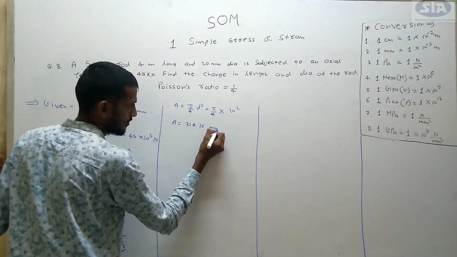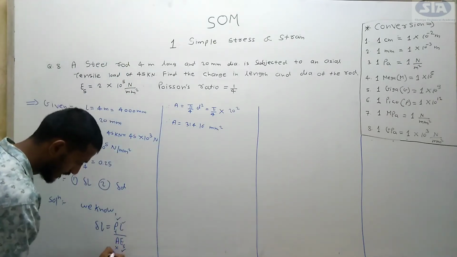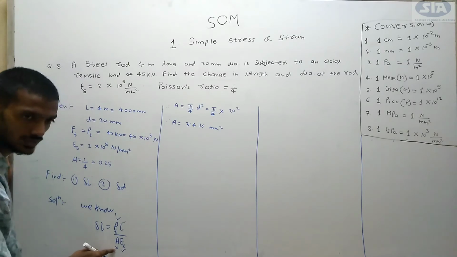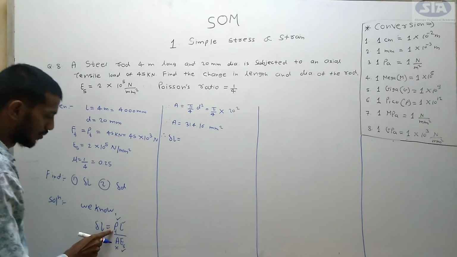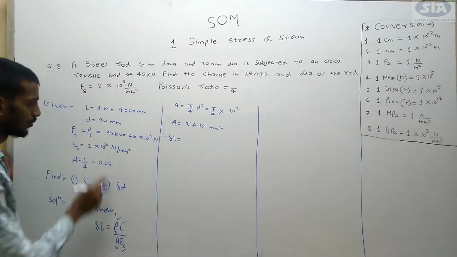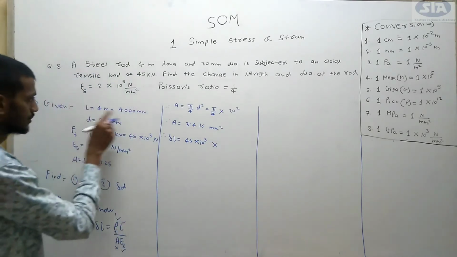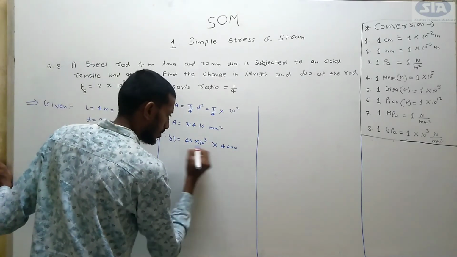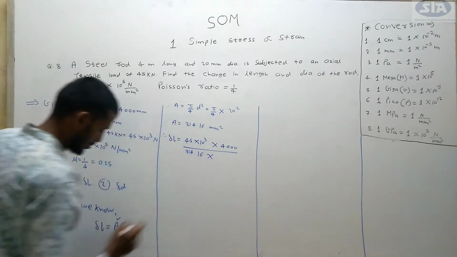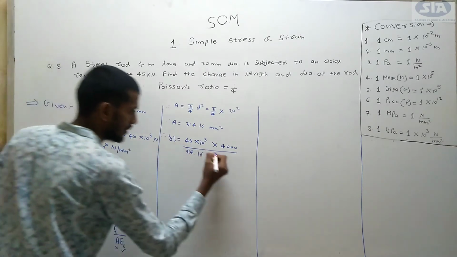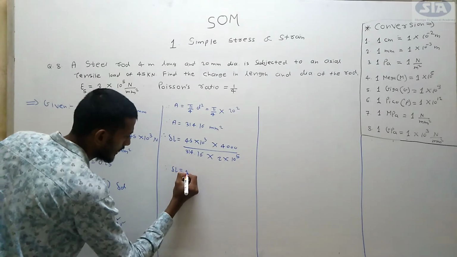314.16 mm square. Okay. So we get the area. Now we can put that area in this equation. We will get delta L. Hence, the change in length is equal to, the value of tensile force, which is 45 into 10 raised to 3, original length, which is 4000, whole divided by area, which is 314.16, into modulus of elasticity for steel, which is 2 into 10 raised to 5. After this calculation, you will get delta L, which is equal to